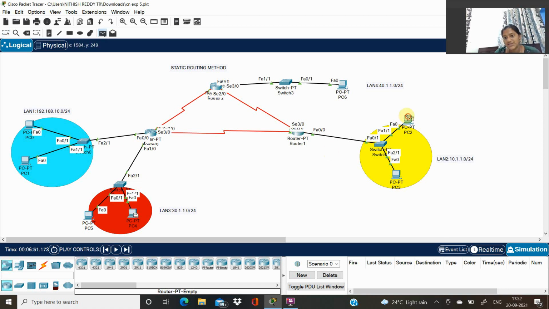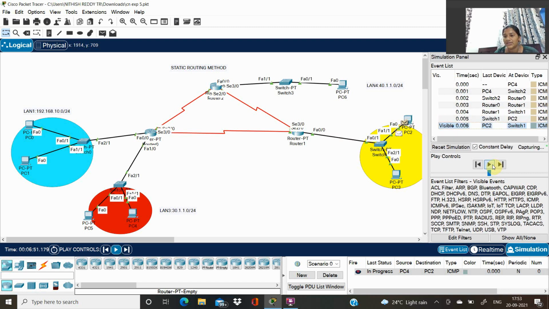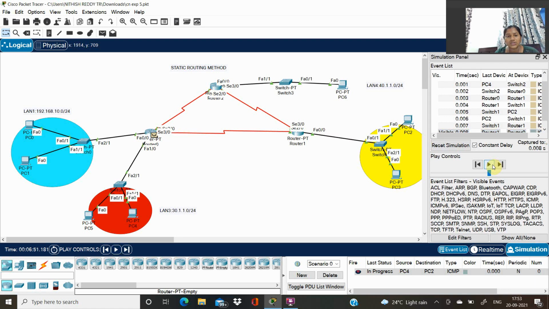From PC4 to switch 2, and then from switch 2 to router 0, and then from router 0 to router 1, and then from router 1 to switch 1, and then from switch 1 to PC2, and again it is sending back from PC2 to switch 1, and from switch 1 to router 1, and then from router 1 to router 0, and then from router 0 to switch 2, and then from switch 2 to PC4, and it is successfully done.